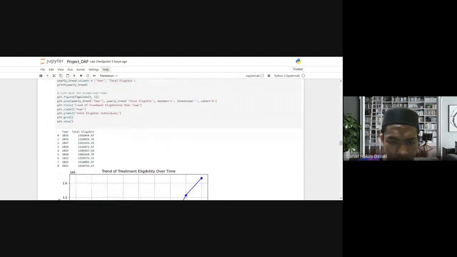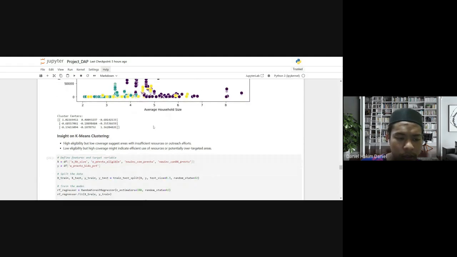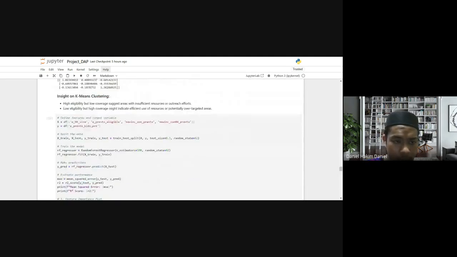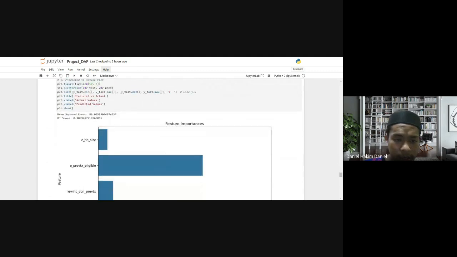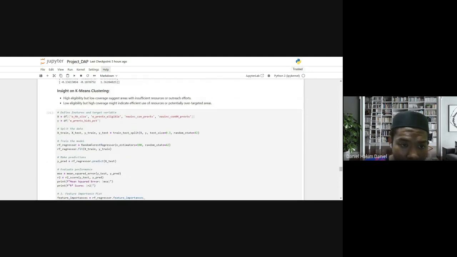Basically from this graph, what we can analyze is that higher eligibility but low coverage suggests areas with insufficient resources or outreach efforts. And the second one is low eligibility but high coverage, which might indicate efficient use of resources or potentially over-targeted areas. So next we move to the second part of machine learning,